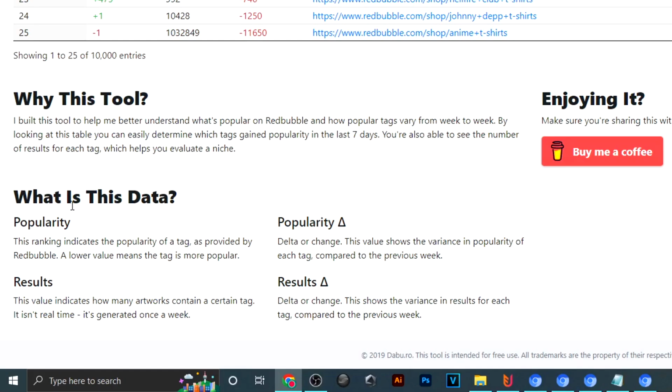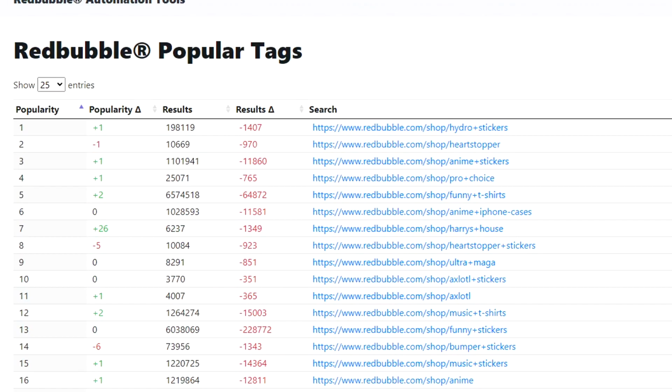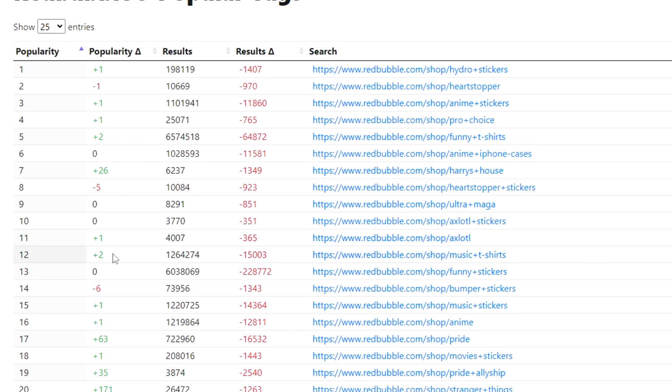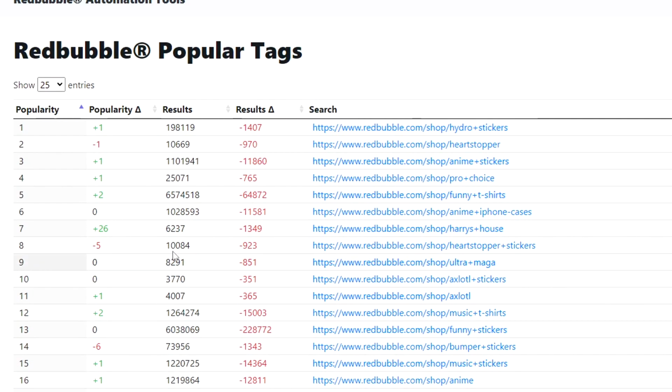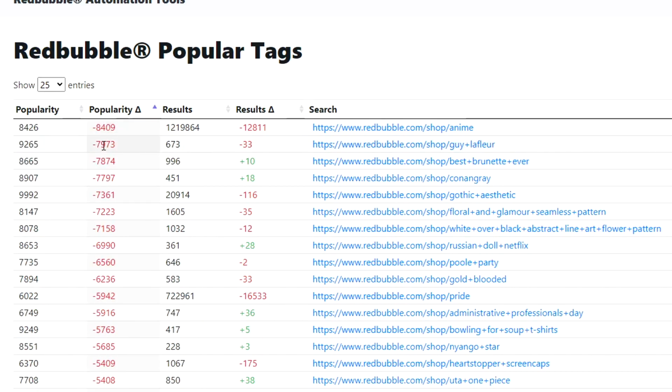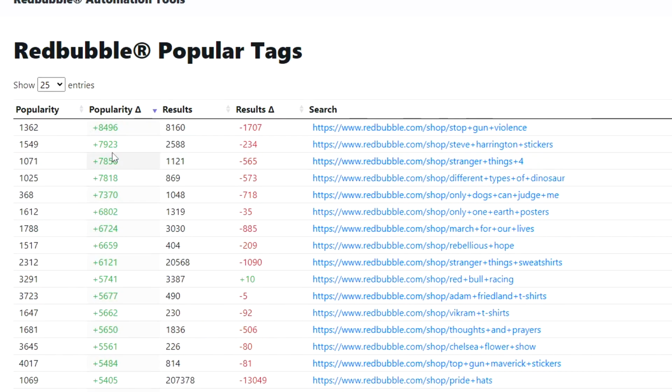And coming back to this data field right here, the popularity change right here is quite important as well, or popularity delta. And this value basically shows you the variance in popularity for each tag. So the higher the number, or if it's green in a sense, that means it's gone up since last week. It's more popular, more searches have been made for this tag since the week before. And if you have a minus or a red number right here, then the popularity is going down in a sense. So if we order it by this, so that the ones with the most change are at the top,